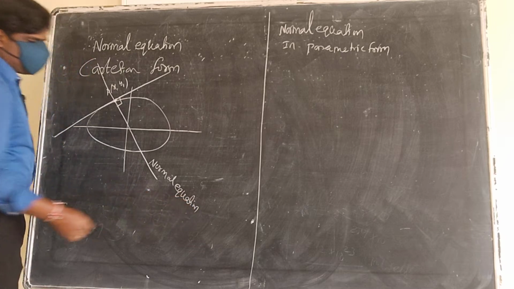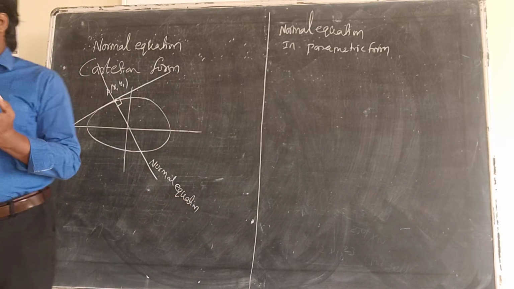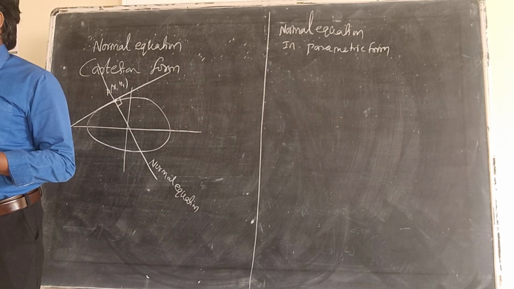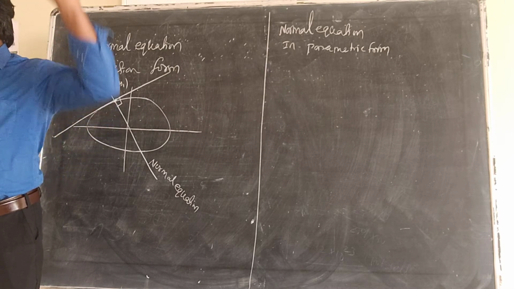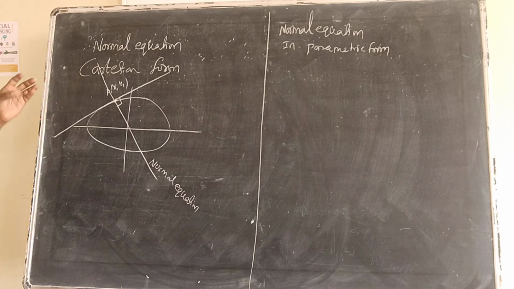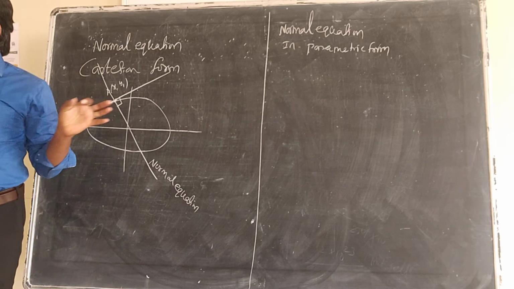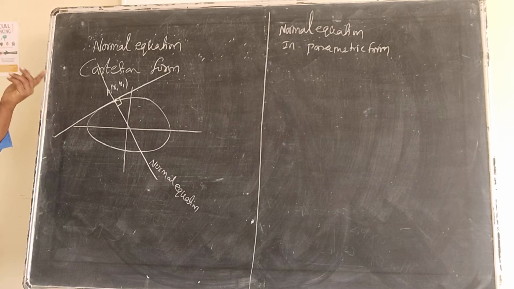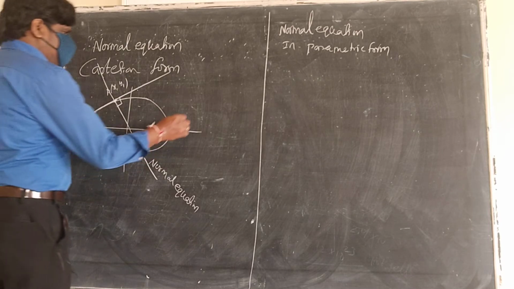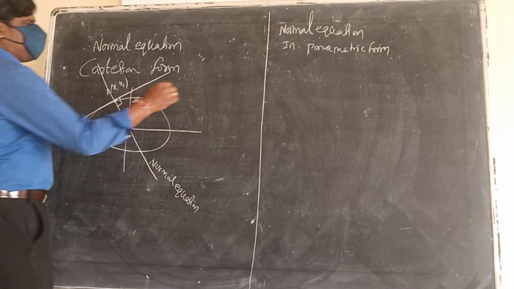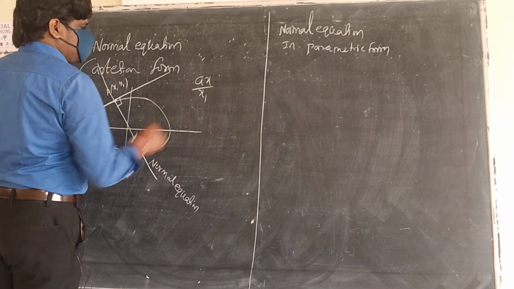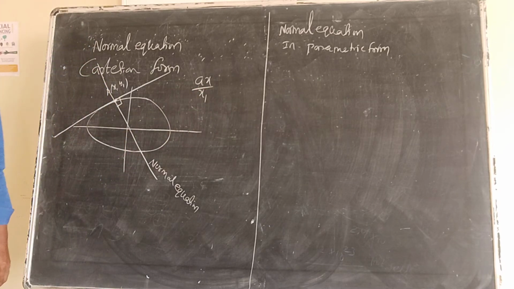So all these things in conic sections, for circle, parabola, ellipse, hyperbola, will be the same. If you learn the circle and parabola, then the other things will be the same. The proofs are the same. I already explained in the circle, so there is no need for the proof here. So what you do here, the equation of this normal, the formula is